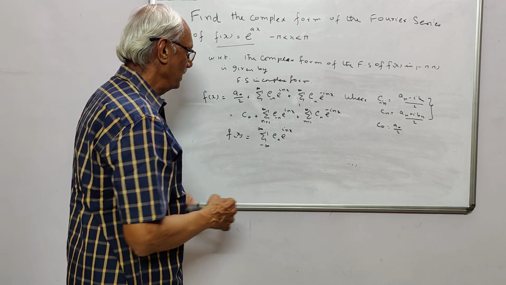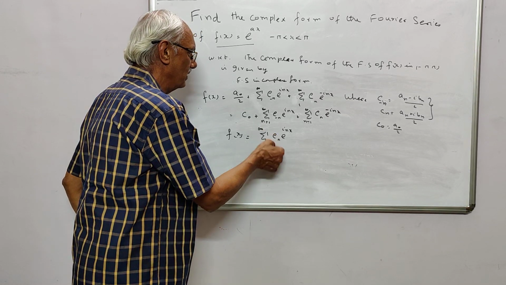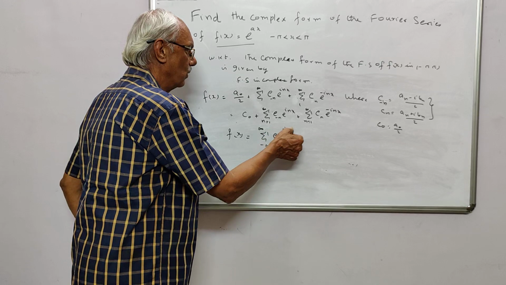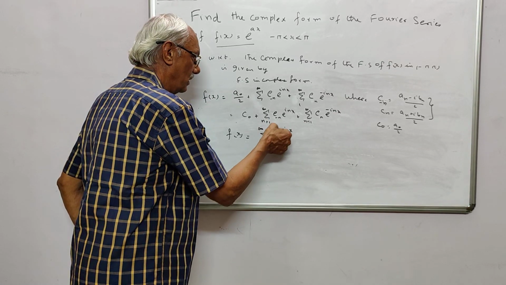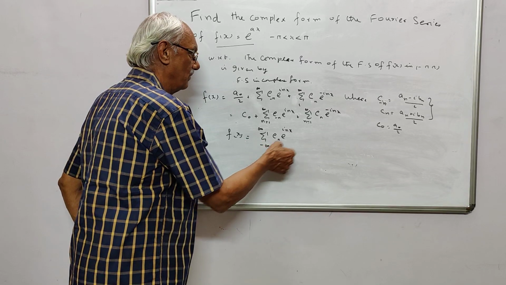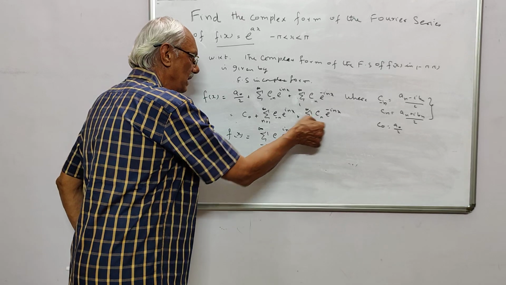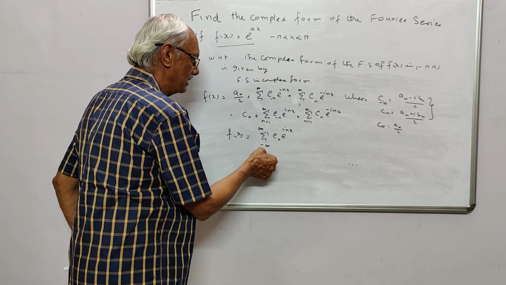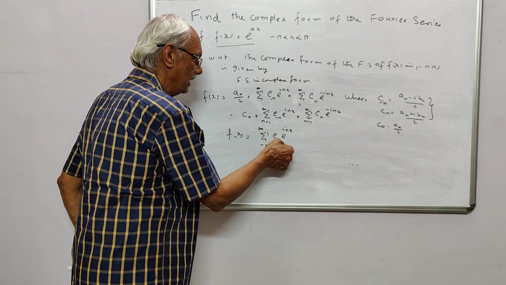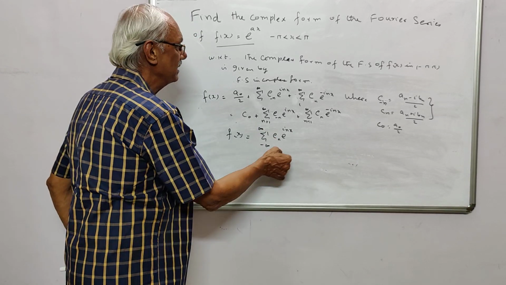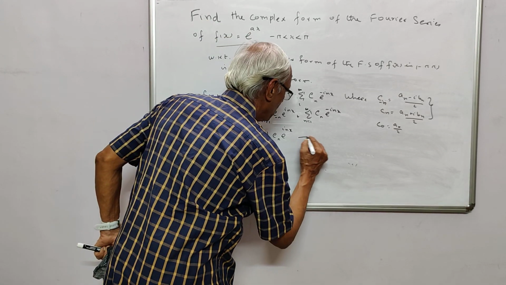If it is minus infinity to 0, you get this one, and if it is 1 to infinity, you get this. For 0, you get this. So all these three things can be put in the form of minus infinity to plus infinity C n e to the power of I n x. This is nothing but your